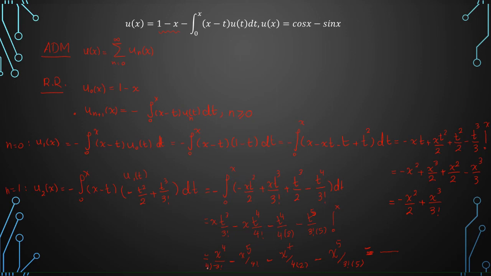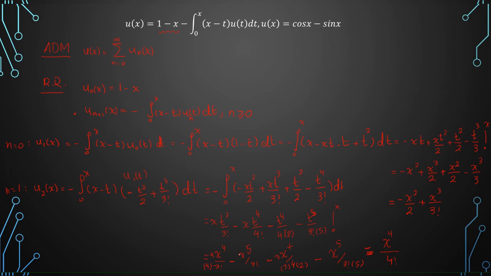So we will multiply by 4 up and down here, and here we will multiply by 3 up and down. Okay, and that will give us x raised to 4 over 4 factorial